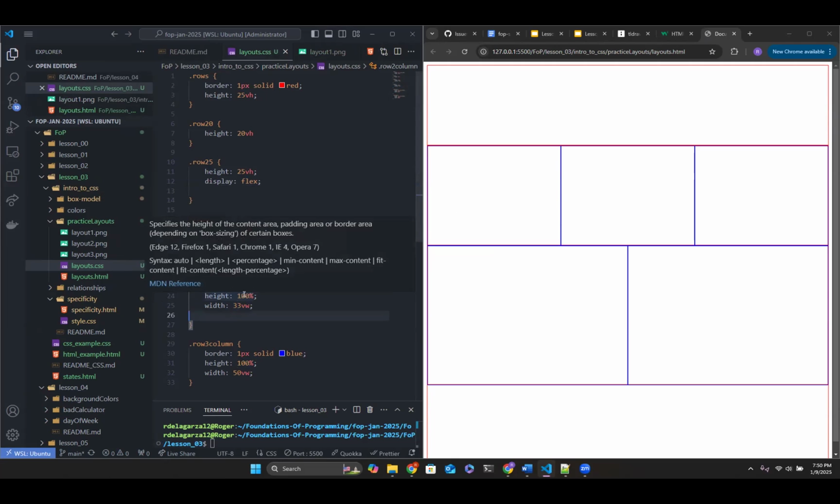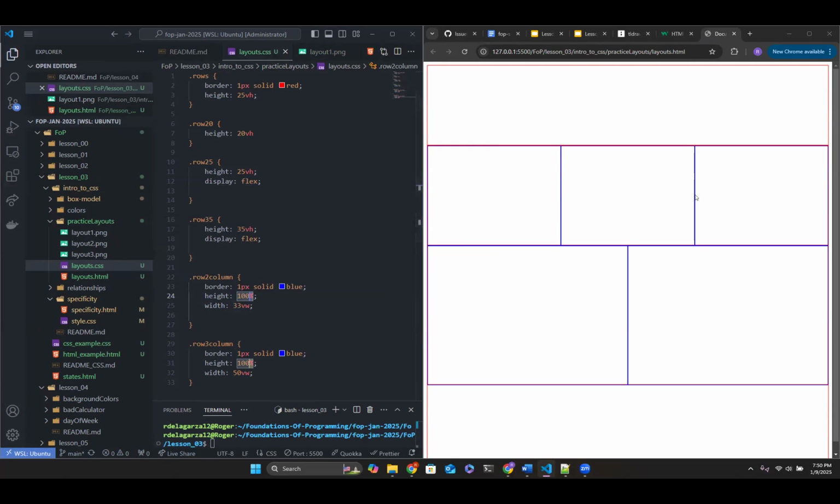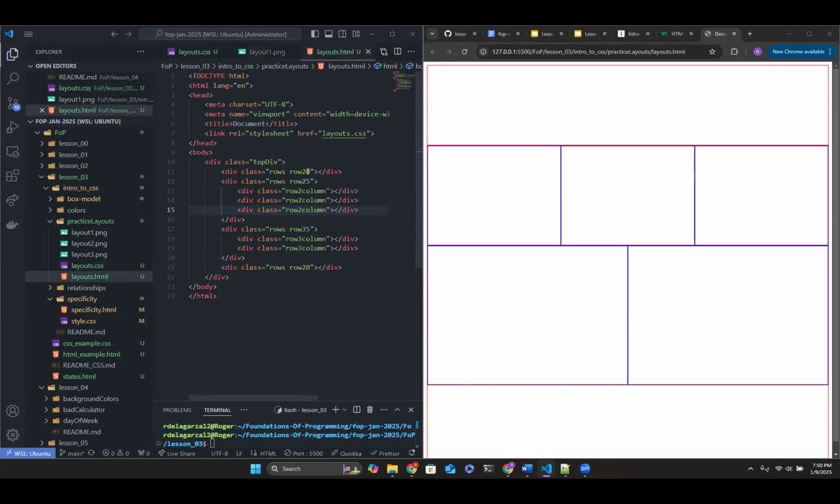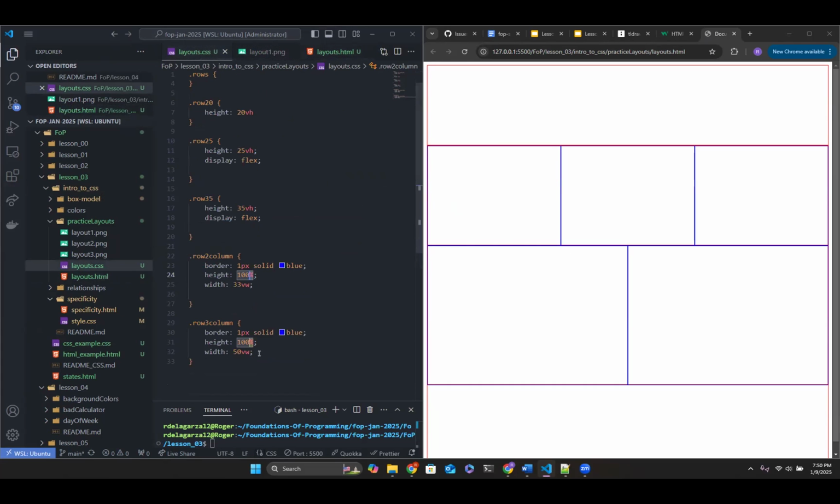So when we set a height to 100% for these inner divs, it took up the entirety of the div that it exists within, which was this div right here, right? So these divs all have 100% height, and that 100% is the total height of the div that they're nested within. Make sense?